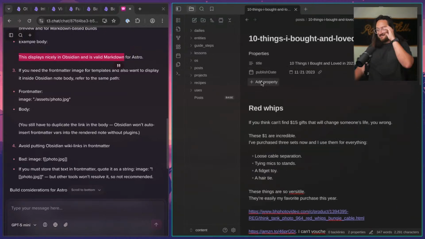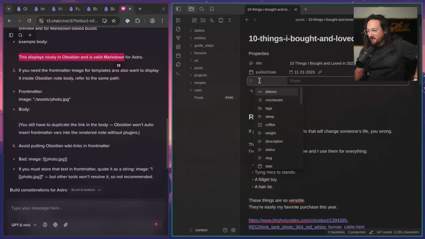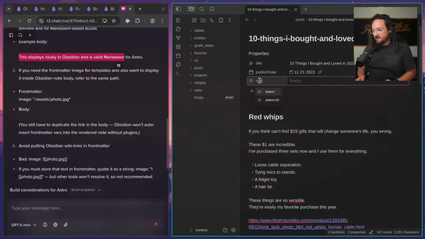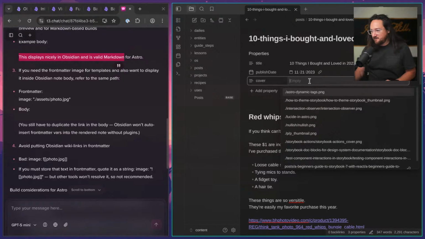Okay, so it's the only one that's linked apparently. I wonder if that's something I'd fix. Okay, so we have this, and if I wanted to add a cover property, I want to see what it would look like to